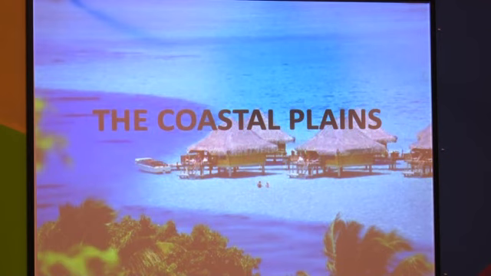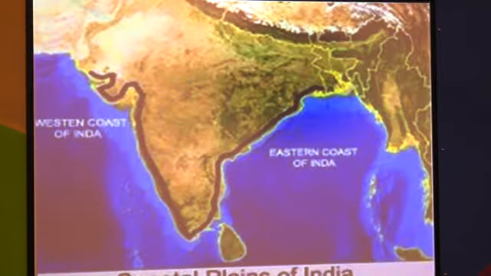So see the coastal plain in our India. See this dark boundary, this dark black color indicates the coastal plains of India. Here from Gujarat as you come down, Maharashtra, here Karnataka, Kerala, Tamil Nadu, here Andhra Pradesh, here Orissa and the West Bengal. From West Bengal to Gujarat, 7,500 kilometer area is covered by the coastal area of our India.